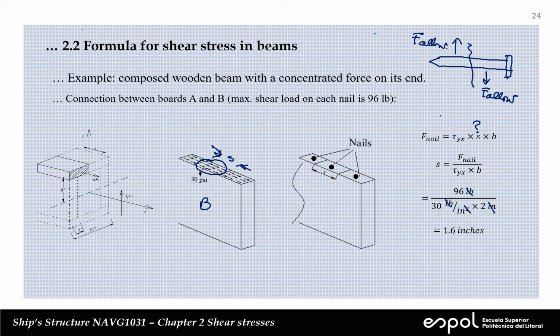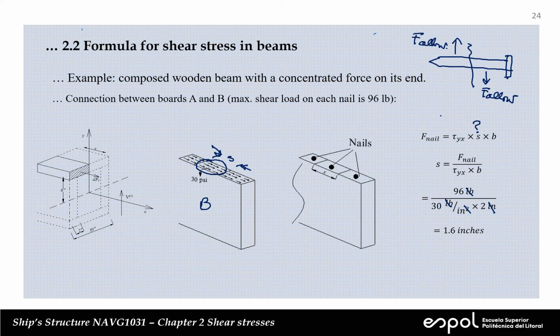It's very small. So the 1.6 is about what? 4 centimeters. It's about this. It's not much. So they're very close. And that's because the shear stress is very high. Okay? So that's that. Okay, so if you want to avoid any problems between boards A, which is flat, with